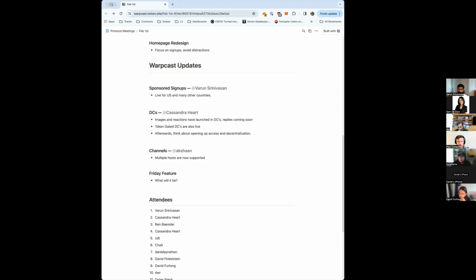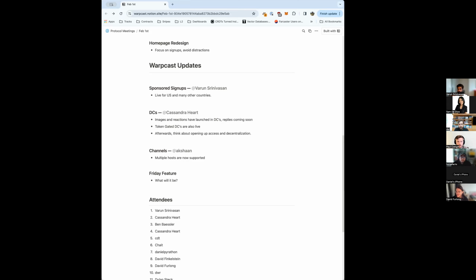But there's a set of features that we're learning about from our power users, like, hey, I actually want the ability to block people from channels because there's certain people that are spamming, et cetera, that we need to figure out how we would make this work at the protocol level. So the stage we are at is we still think there's 1, 2, maybe 3 months of listening to users and figuring out the right feature set, which we want to keep doing in a place where we can iterate quickly, which is on Warpcast.